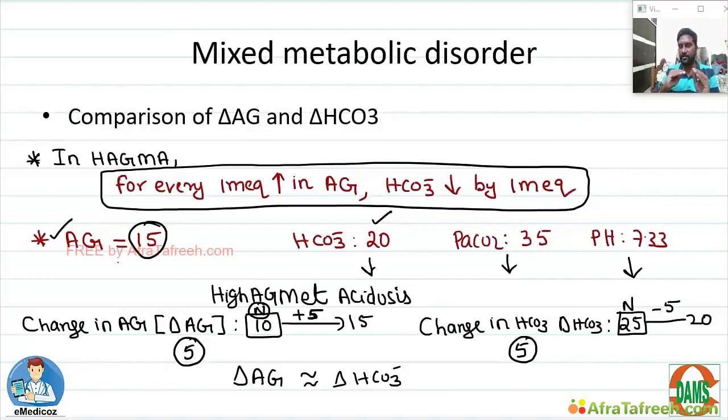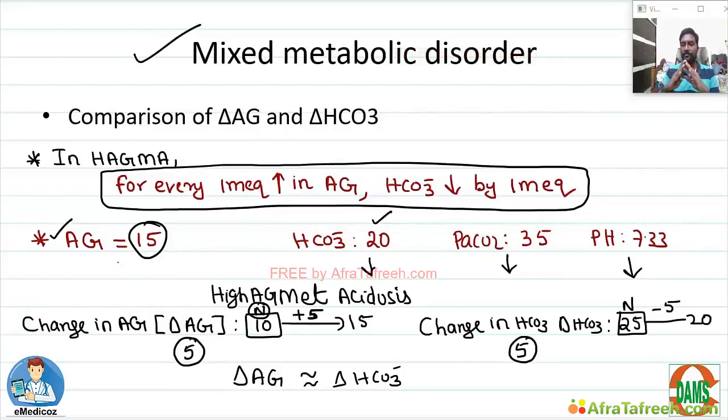Now, if there is some alteration in this relation, so if delta anion gap is more than delta bicarbonate or delta bicarbonate is more, so if there is some deviation from this relation, there can be existence of a mixed metabolic